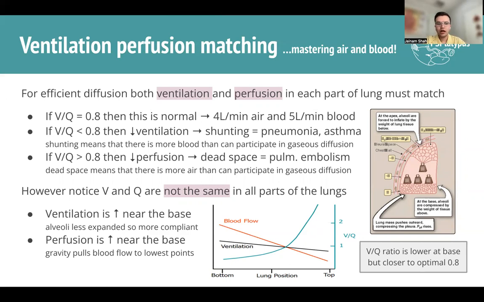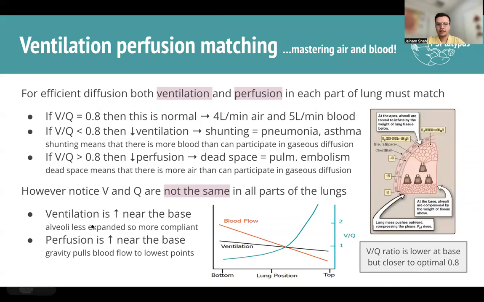Okay. However, it's really important to notice that V and Q don't have to be the same in all parts of the lungs. And there's a specific physiological reason why that's the case. So I said 0.8, that's an average. At the base of the lungs, ventilation tends to be a little bit higher. And if you have a look at this diagram here, it explains it quite well in ways that I couldn't